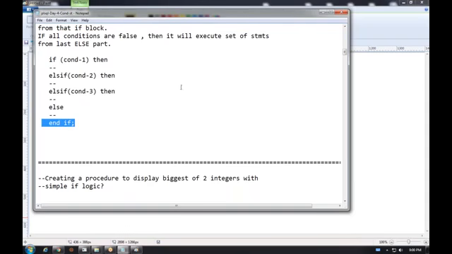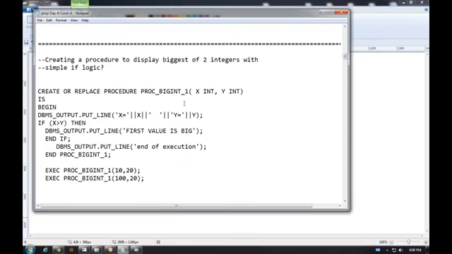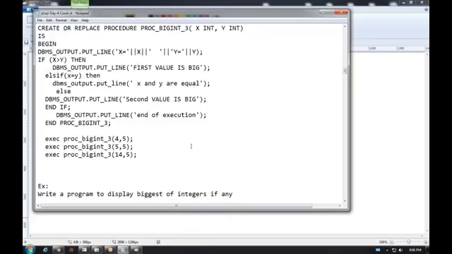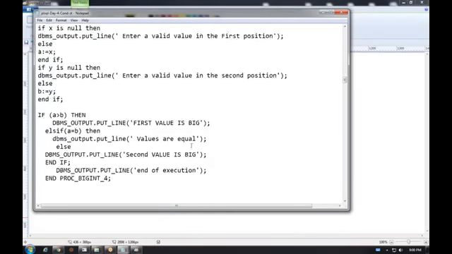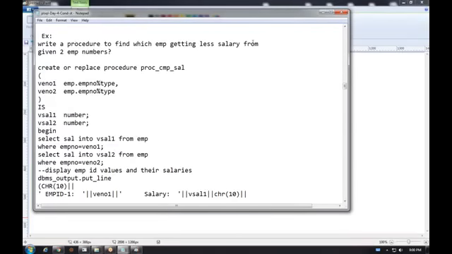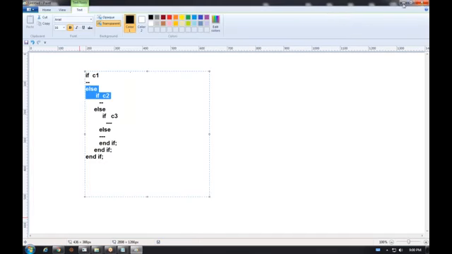Hope you understand, right? Next, we are going to see the example. First value big, second value big, don't worry about it. Now, what is my target is,